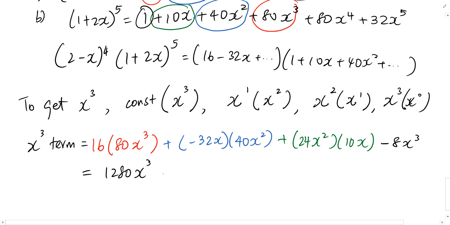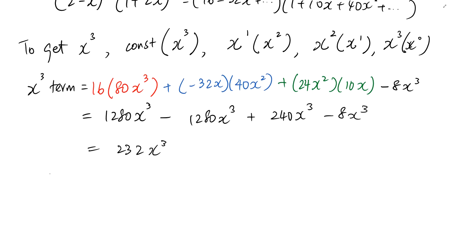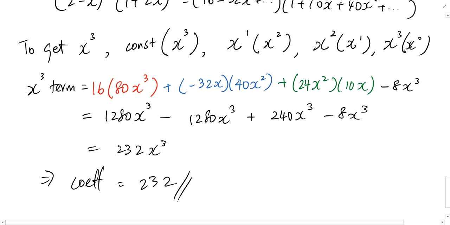That's what we wanted. Minus 32 times 40, 1280x cubed again. Plus 240x cubed minus 8x cubed, to give me 232x cubed. So now I've got the x cubed term coefficient equals 232. Is that the answer? Yeah. Alright, so this is how we do this type of question. Since the bell has gone already, I will